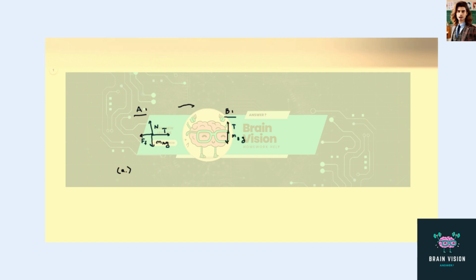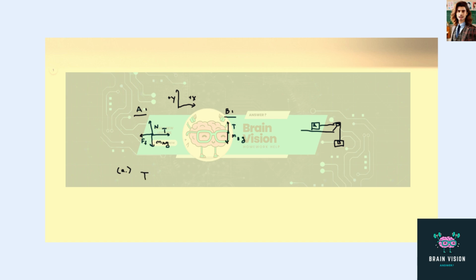My coordinate system will be that this is the positive x direction, and this is the positive y. And the way the block's set up is I have a block here, that's A, and then it's hanging over a pulley here down to block B. And so let's start with block B. Newton's second law in the y direction there tells us that